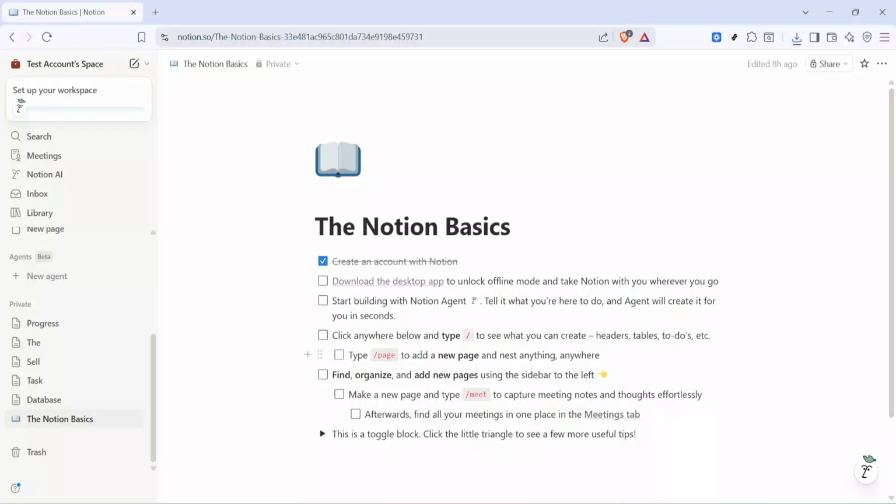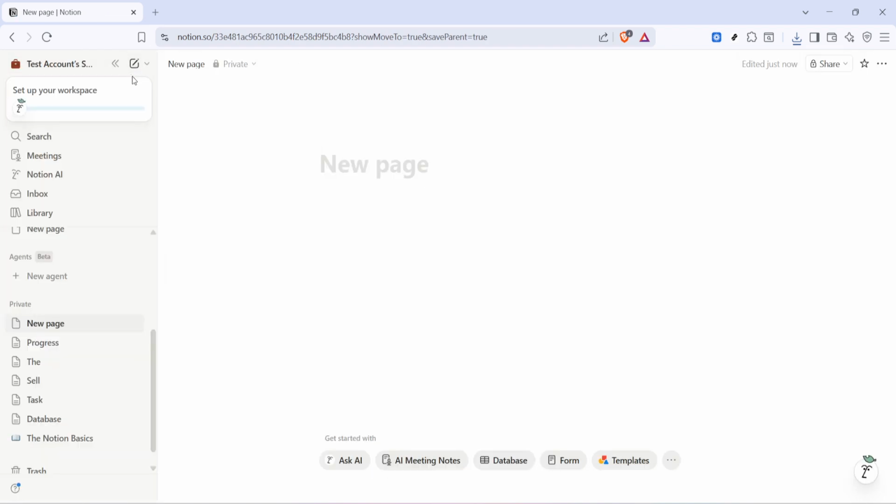In today's video, I'm going to teach you how to build a project management system in Notion. We'll start right inside Notion. Open your workspace and create a new page. This gives us a dedicated home for our system, and it keeps your projects separate from personal notes or other